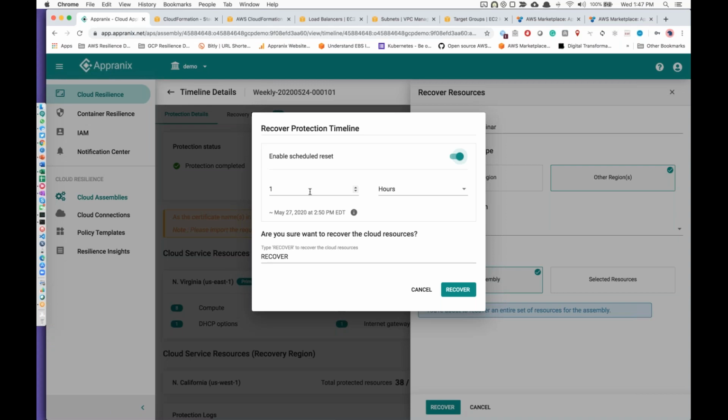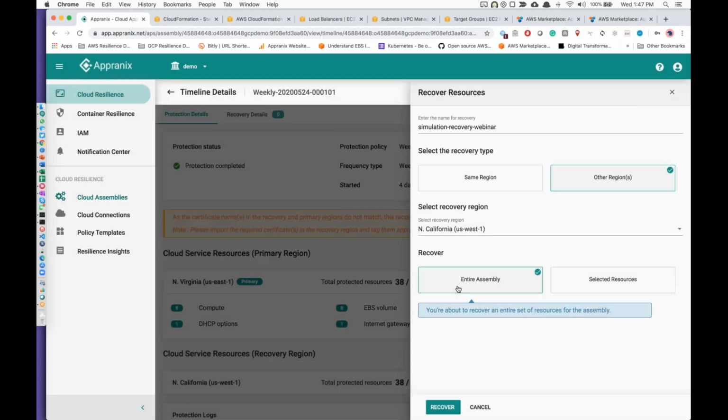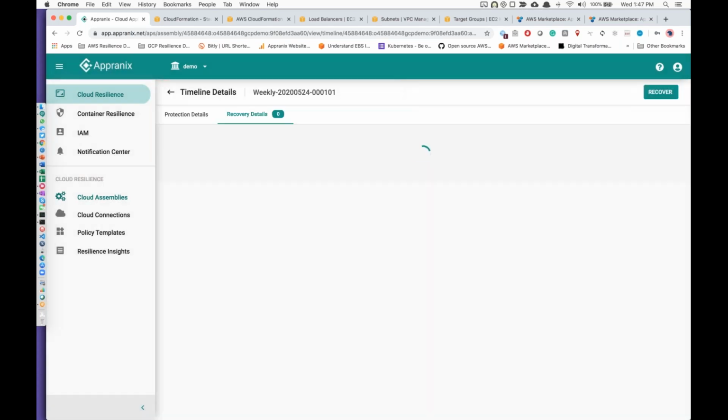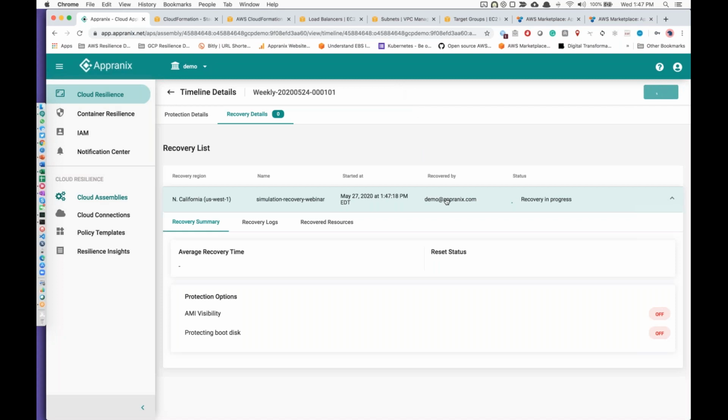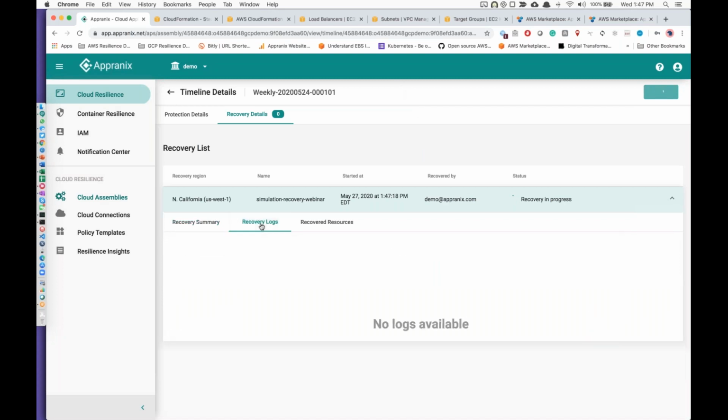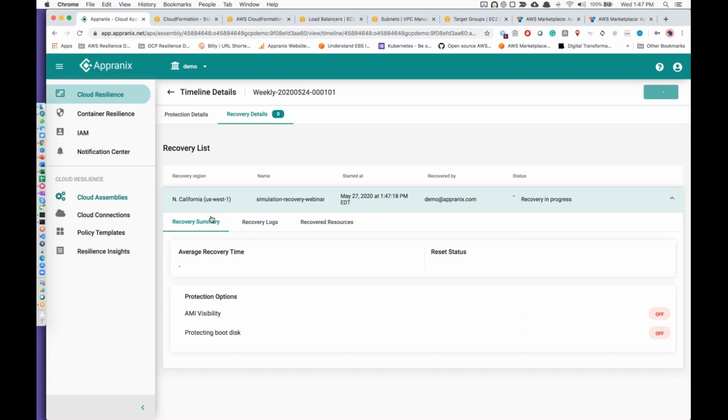But I'm just running a test case. So in that case, hey, Appranix, take care of this. Please clean up after 1 hour, approximately 1 hour, of course. It's on a scheduler basis, so it will go and clean up. All I have to click is that recover button, right? That recovery will bring up all the necessary components. Now think about it.